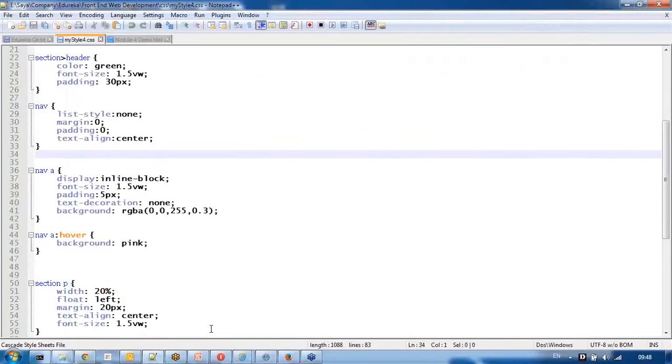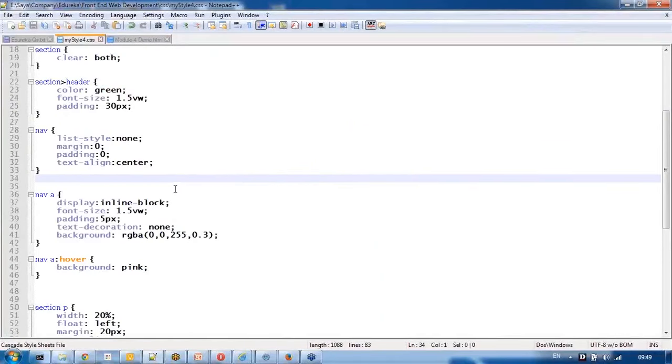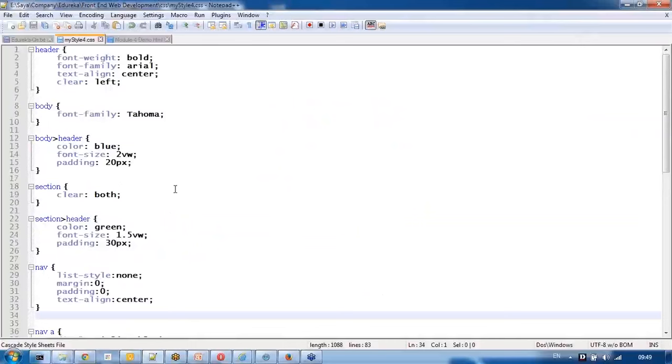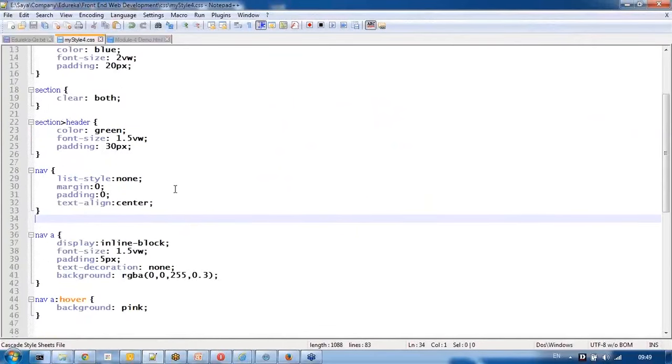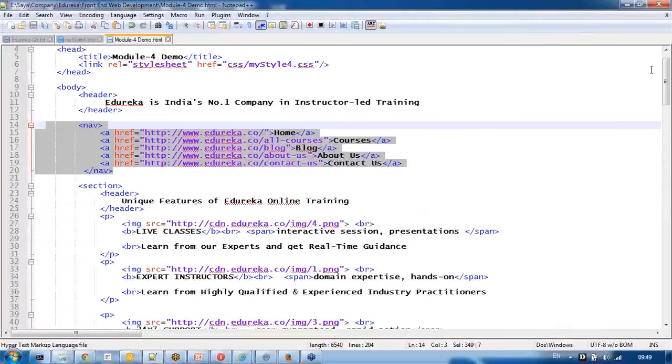So yeah, let me get back to this. So that's how I defined this menu item. And let me just tell a few more things about the header. Okay. So note that I defined